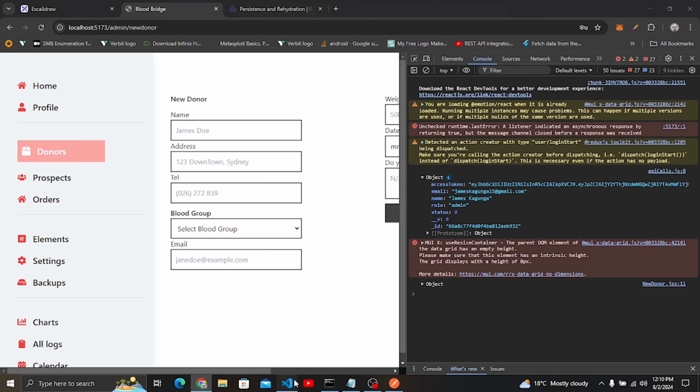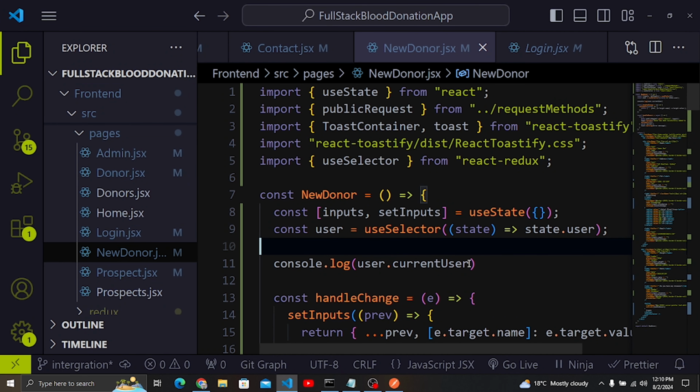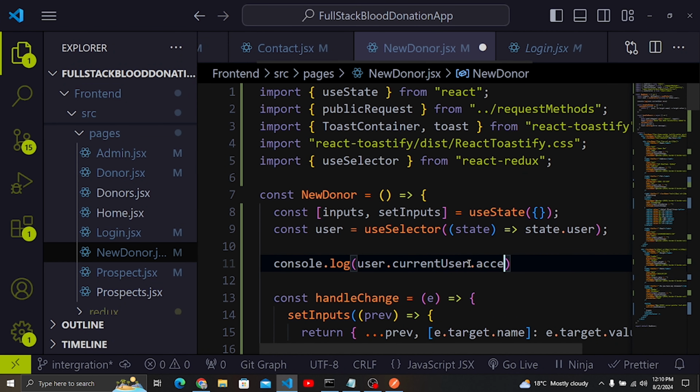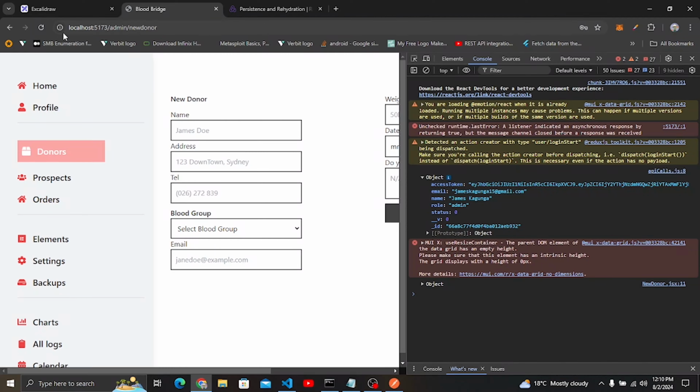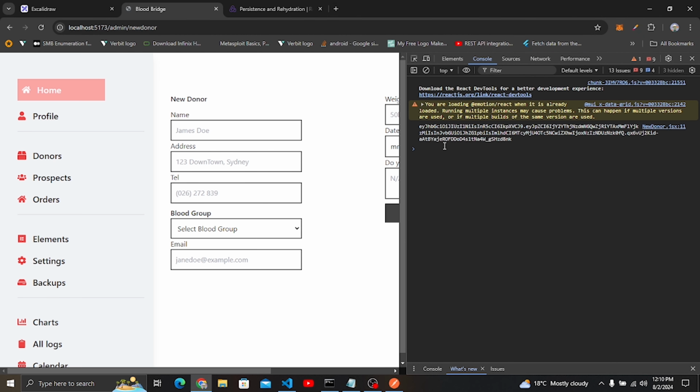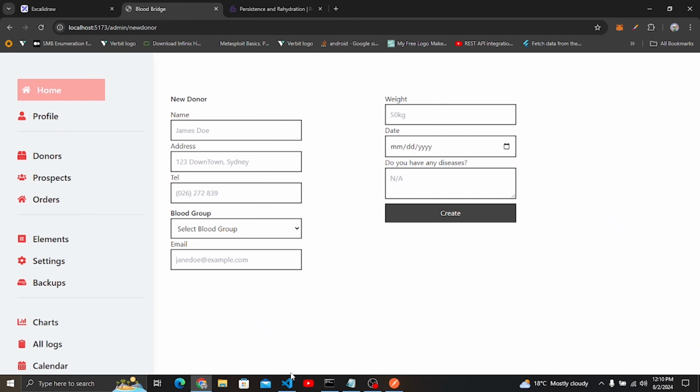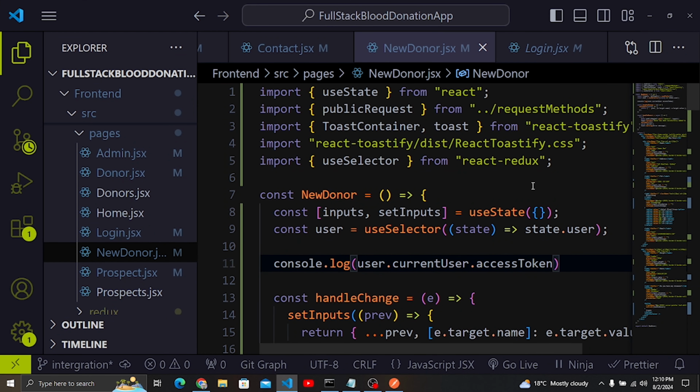So what I'm going to do here is get the access token. Let's see if I do that and then reload again, you can see that, yeah, now we can get this token here. So we need to pass in or send this token when we are adding the donor. So I'm going to close this, and in donors here,